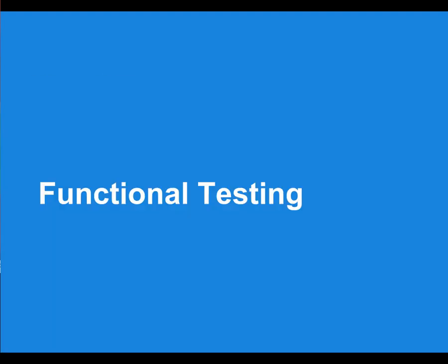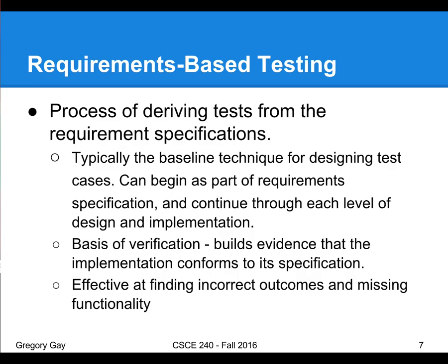So, I mean, that's kind of the basics, right? So we talked some last time about your requirements, and there are a million ways to come up with test cases, but probably the most helpful to you right now, and really the cornerstone of how most people test software, is to start with the requirements and perform what's called functional testing, where you run the software and you ensure that it works as expected and meets your requirements. Right? So, requirements-based testing is the idea of taking your requirements and deriving tests from those. And this is usually the baseline for designing test cases.